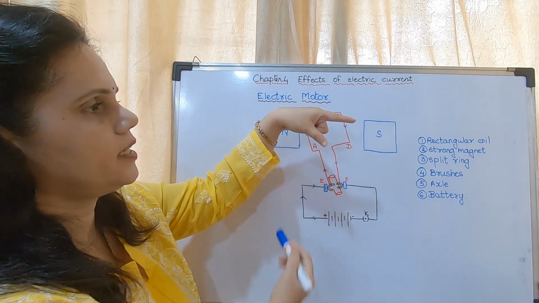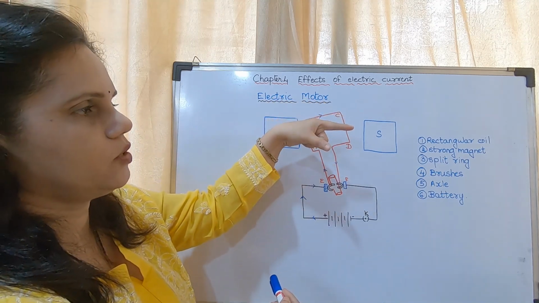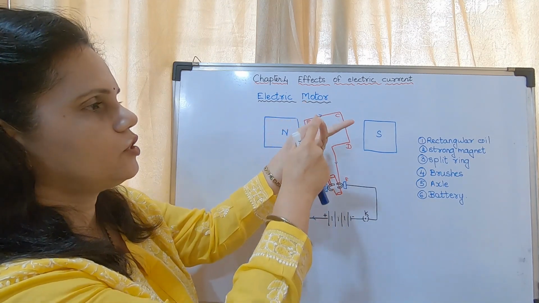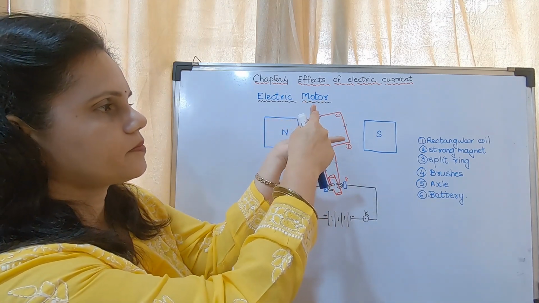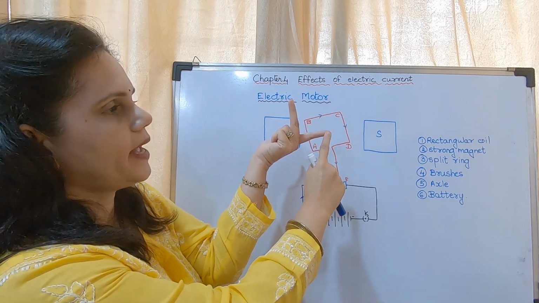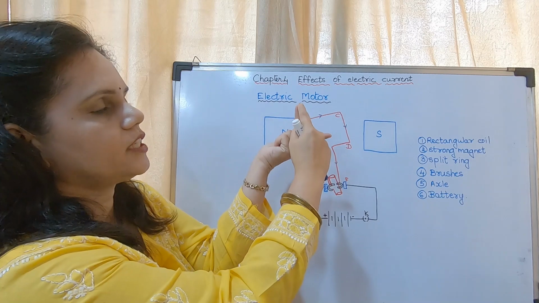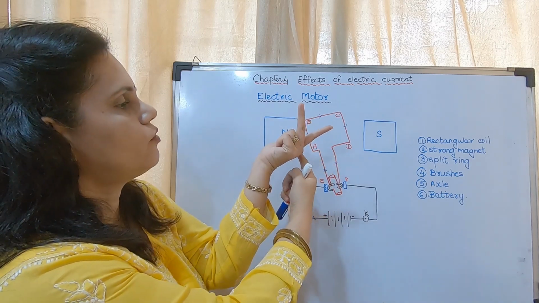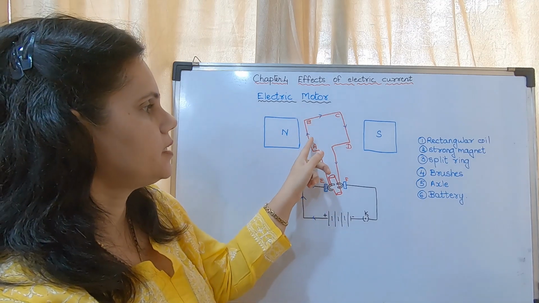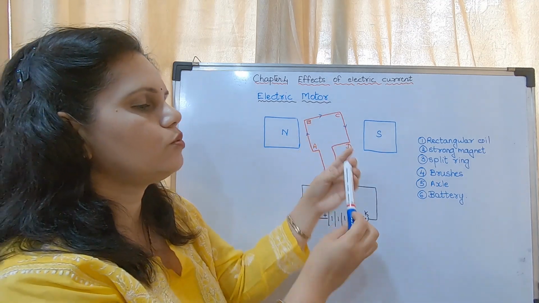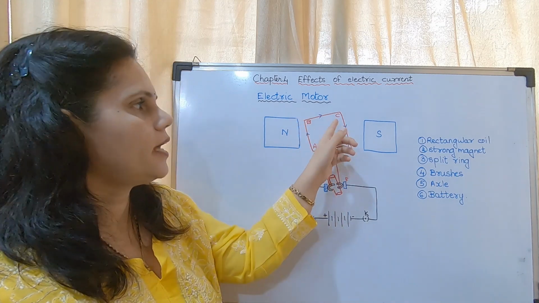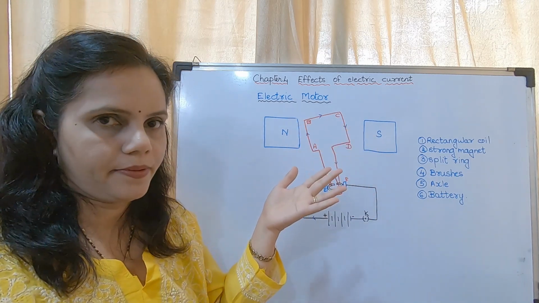The direction of current is in the upward direction. And what is current? This is the central finger. So I am showing it like this. This is the direction of magnetic field, this is the direction of current, and what will be the thumb? The thumb is towards that side. That means this coil will move down. This part will move down and this part will come up.